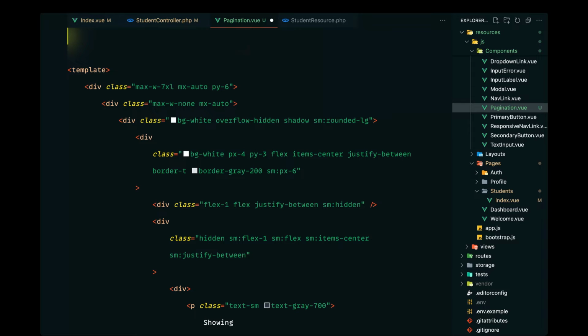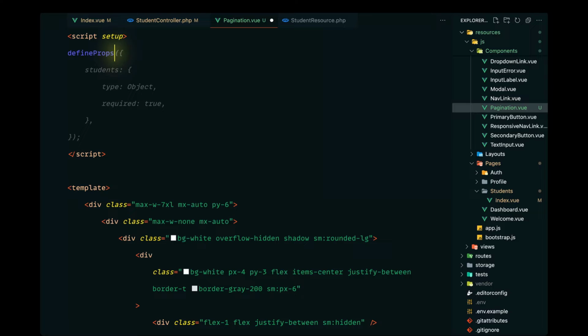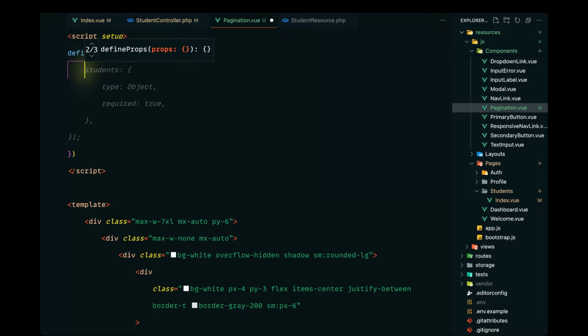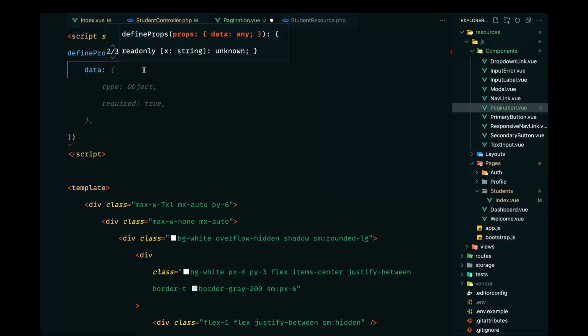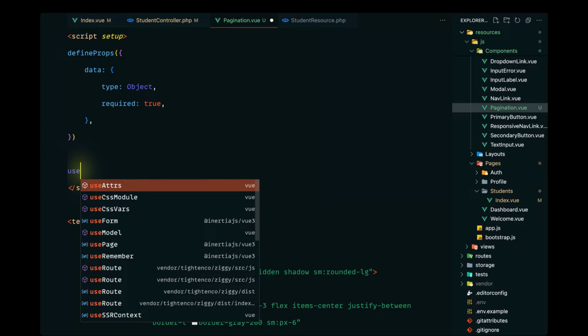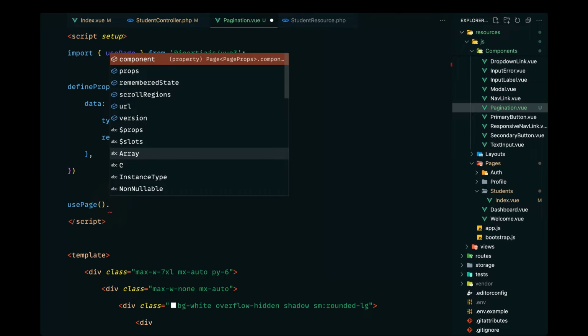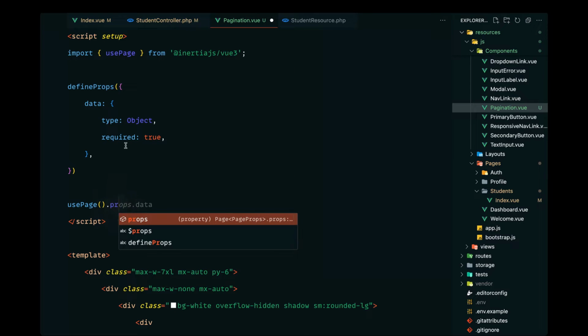So let's go ahead and define this script tag, and let's pass the setup, and here let's define the props, and we want to receive the data in here. So the data is going to be of type object, and it is required, so I will pass that as well. And now what we can do here is let's use the page again and display the meta related data in here. So use